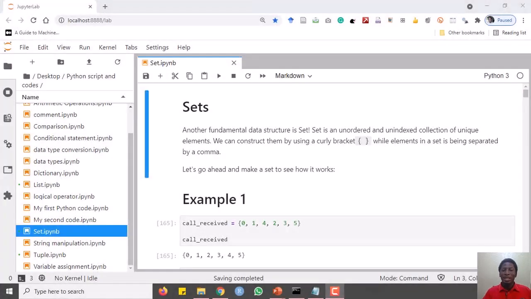Welcome back. In the data structure, we've looked at a list and a tuple. So in this section, we will see another type of data structure, which is a set. So what is a set? A set is an unordered and unindexed collection of unique elements. Two things: unordered,